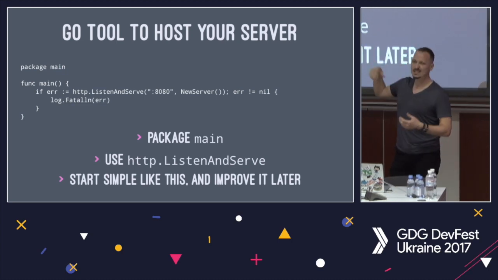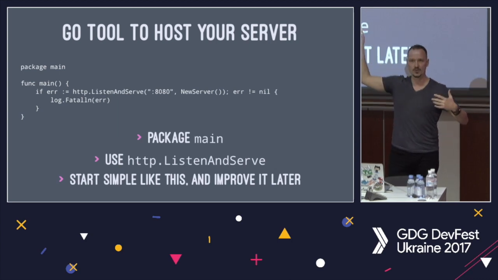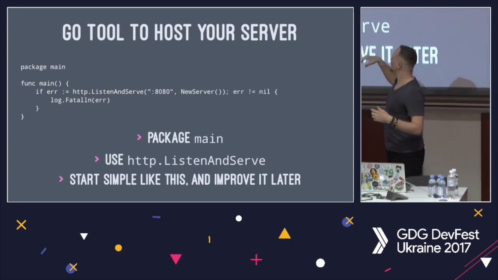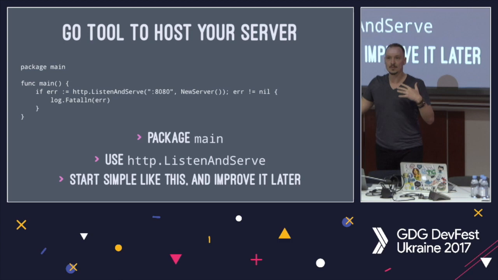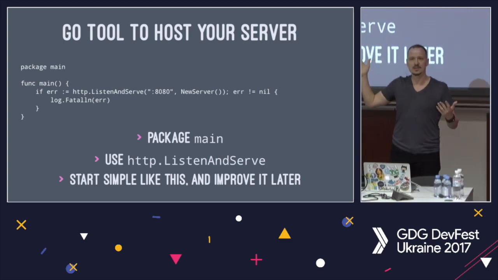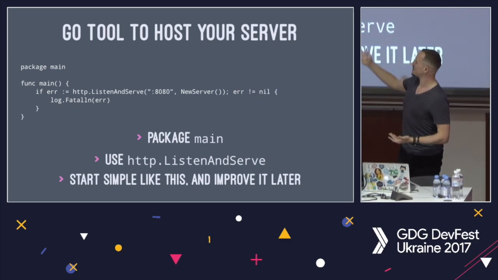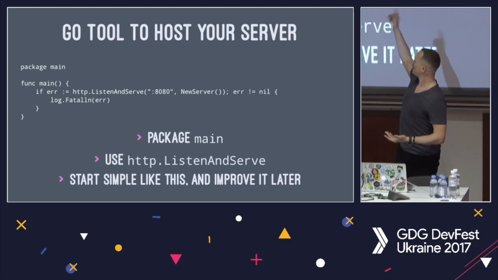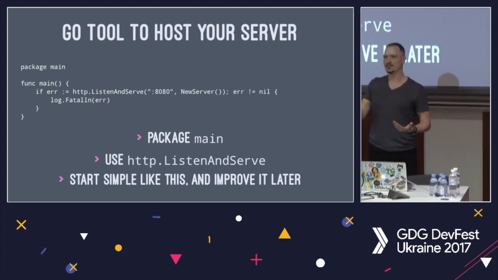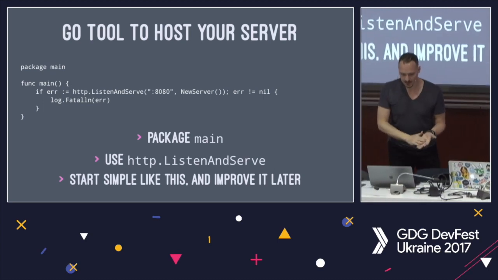Now, these do get a bit more complicated. For example, you'd want to take a flag so that you could control the address endpoint. And there's other things you might want to initialize in here, but you can save that for later. There's no need to solve every problem. You just want to get something running and up, then just do this. And all we're doing is using listen and serve, and we use our new server that we've made since it supports HTTP Handler.